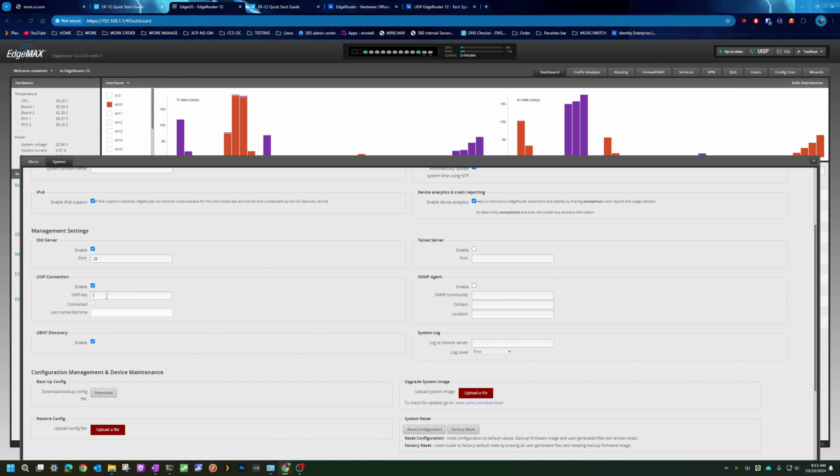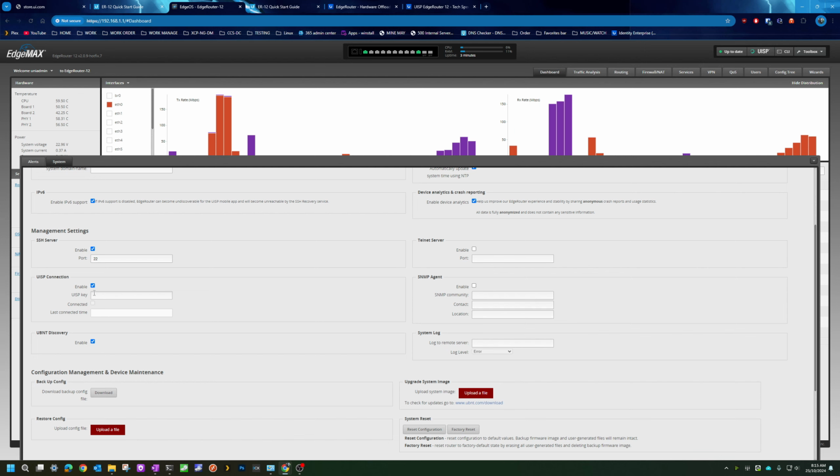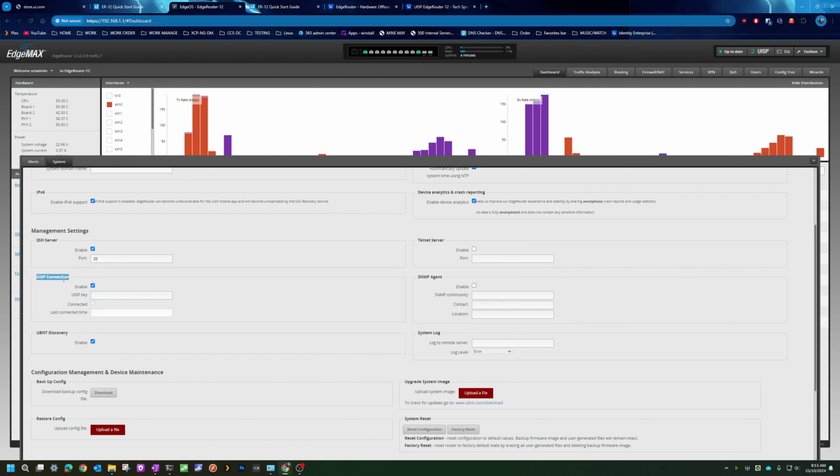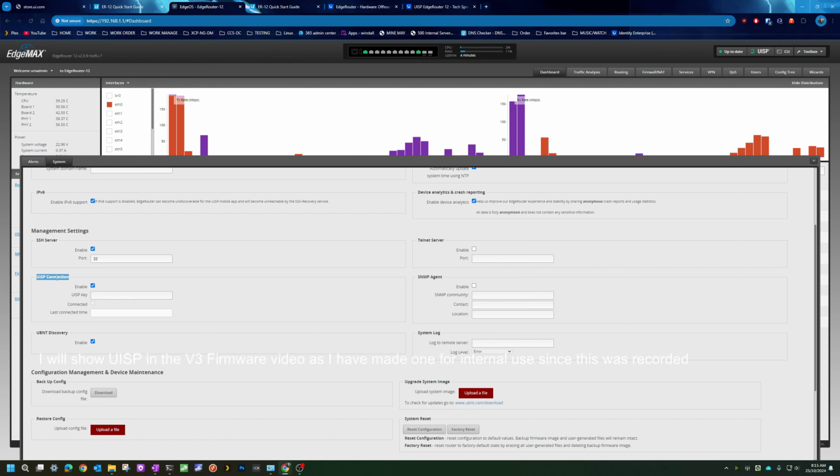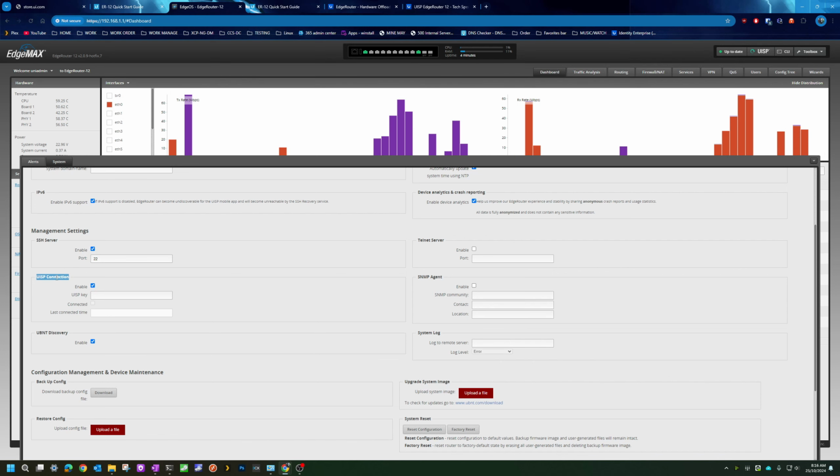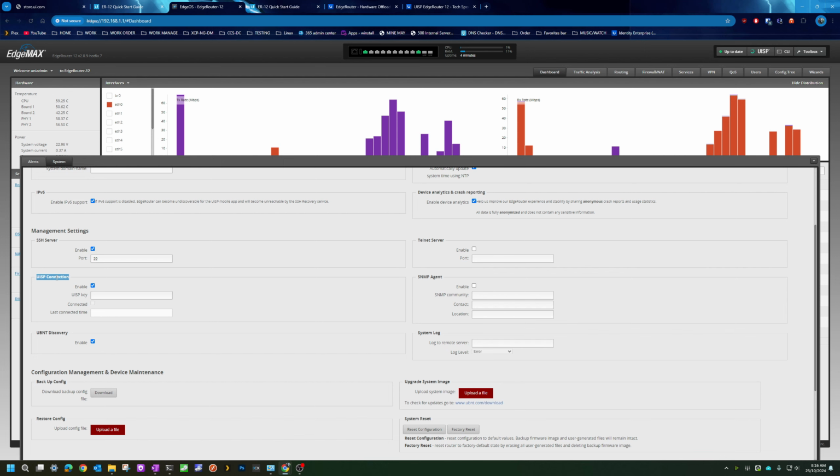This is where you would enter your key. It will basically send a signal to wherever the server is hosted that monitors this, and it will log statistics. UISP is fairly basic still, even though it's 2024,